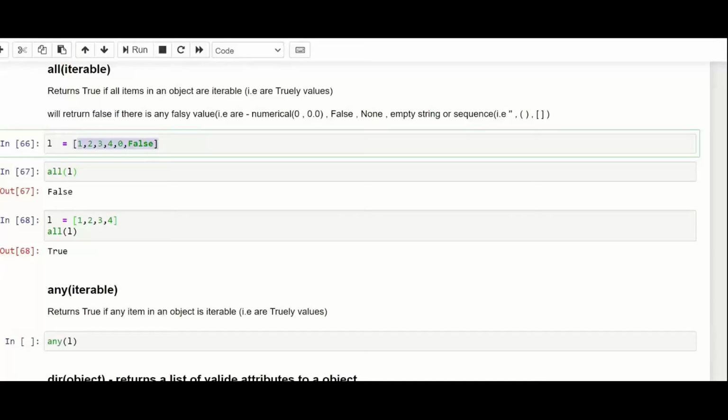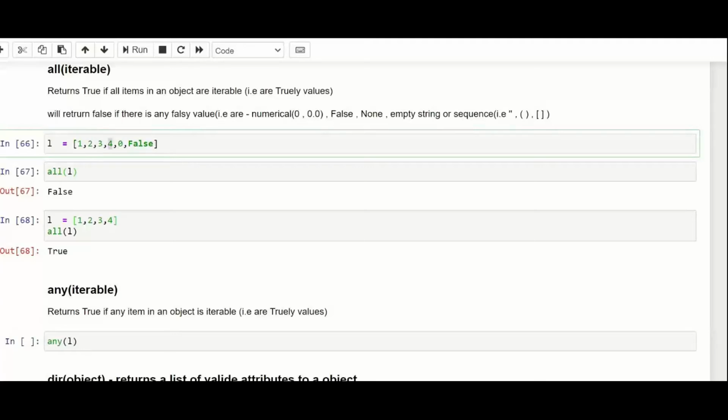are true. Iterator can be a list or a tuple or a set. If you remember, I told you during the while loop and during the if condition also, that when you have a condition, that condition is converted to a true or a false, which is converted to a numeric 1 and 0. So if I convert the boolean value of 1 2 3 4, they will be true. If I check these values, they will be false.